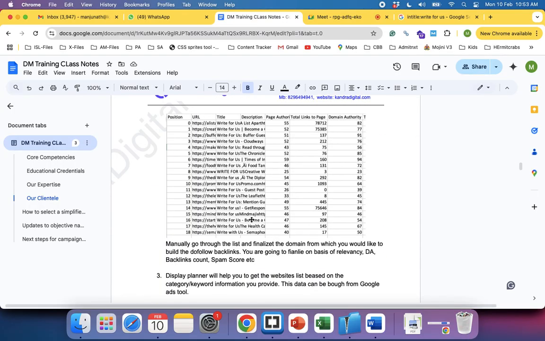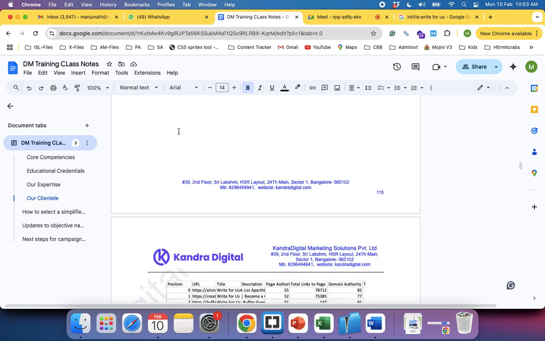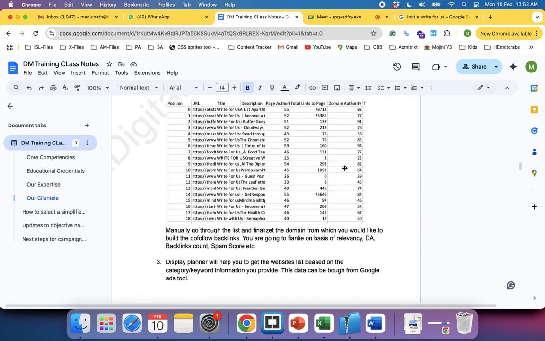When you download using the Moz extension, see in the title "write for us", you will see a download button here somewhere. After clicking on the download button, you get to see all the data in an Excel sheet, something like this. Same like keywords, you will get, not keywords, URLs. You will get a list of websites, right? Here we have set it to 20 results or 18 results or maybe many more, but then we have pasted here only